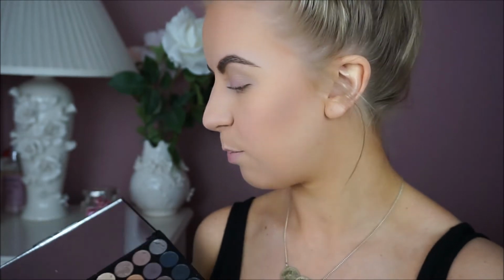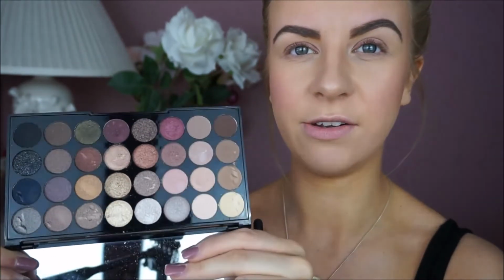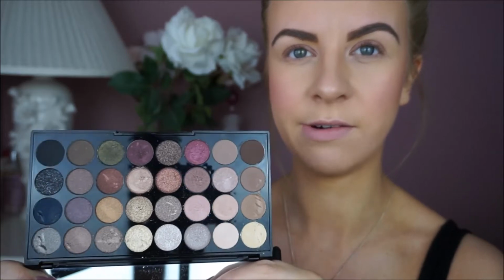I'm going to darken up my crease using this MAC brush, and this palette is the Makeup Revolution palette. I think this was about £8, and look how many eyeshadows are in here. Seriously, there are so many colours. They're really pigmented, they're really pretty. There's a mix of matte shades and shimmery shades. There's also quite a few glittery shades which almost feel a bit wet, and they just stay on beautifully,